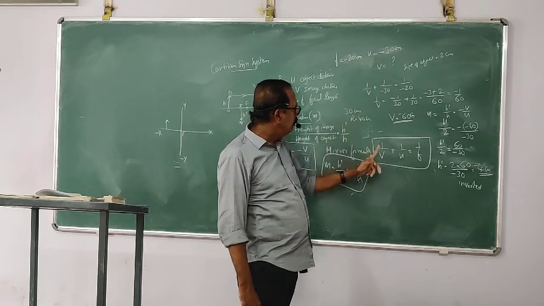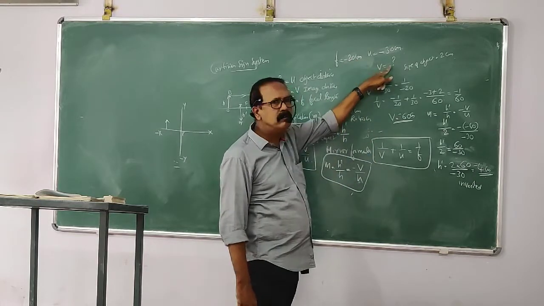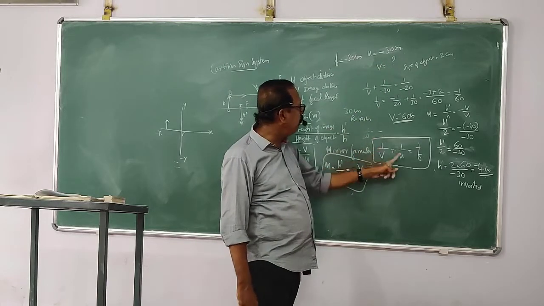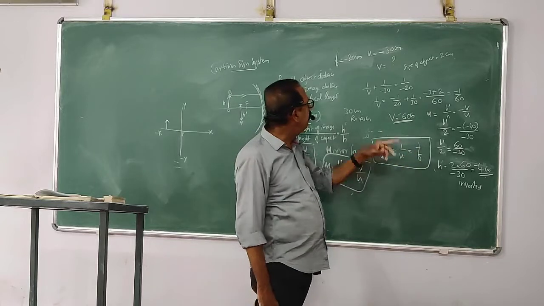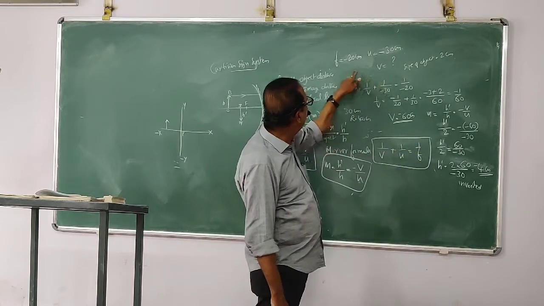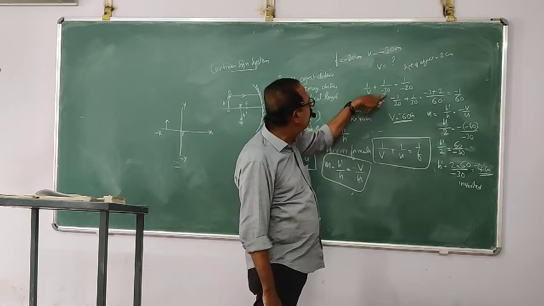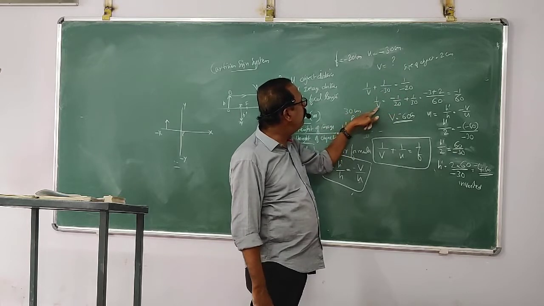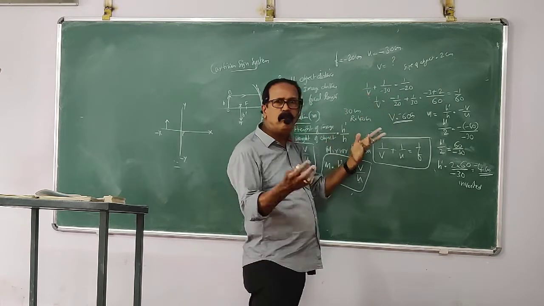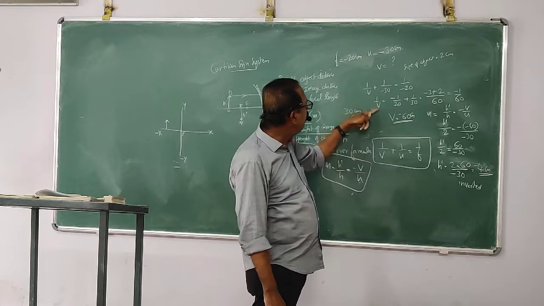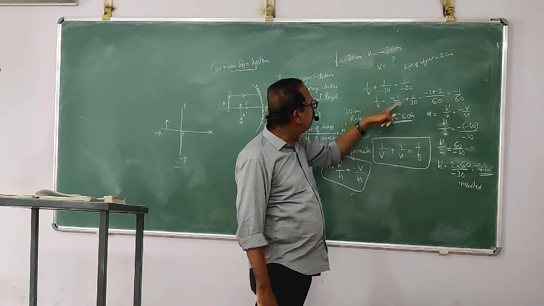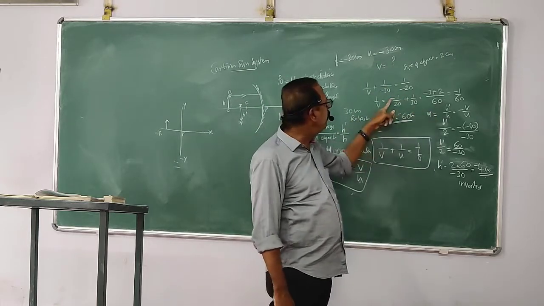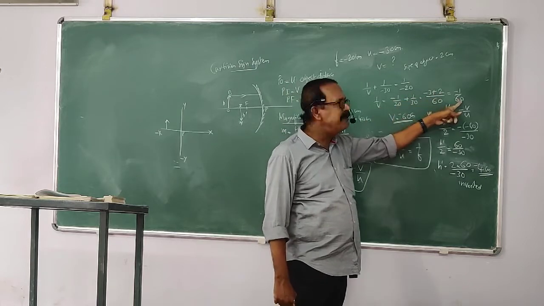Now, v you have to find out. What is v? You have to find out. Okay? 1 by v plus 1 by u equal to 1 by f is the formula applied. 1 by v plus 1 by minus 30, u is minus 30, equal to 1 by minus 20. Take this term to the right side. 1 by v equal to, no need to apply a sign for v. We don't know where the image is. 1 by v is equal to, this becomes plus, minus 1 by 20 plus 1 by 30. Take 60 as LCM. You get minus 3 plus 2. It will be minus 1 by 60.